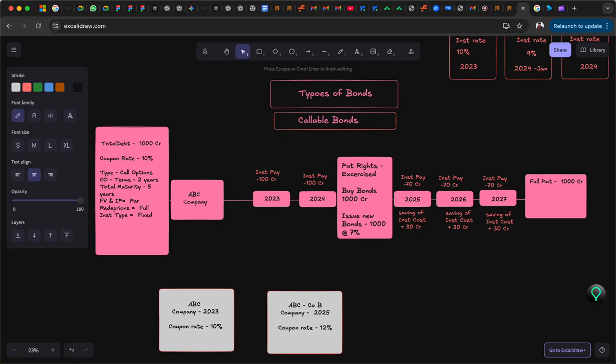Now if you ask me, definitely I'll look for a switch. I can switch my investment from A to B to earn more interest. But when can I switch it, if as a